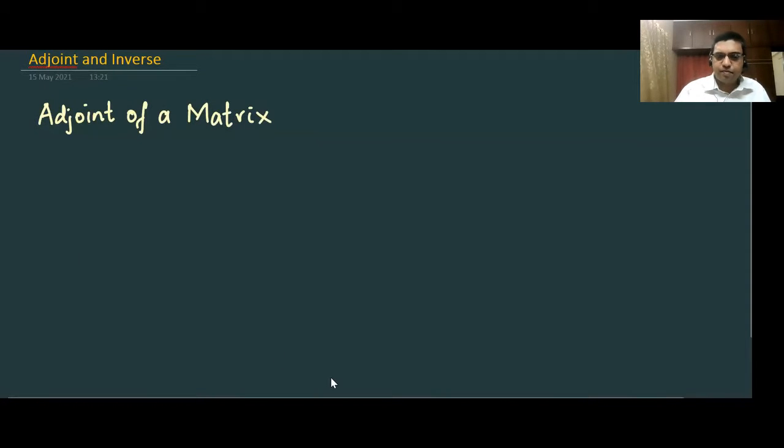Adjoint of a matrix. So adjoint of a matrix, how is it defined? It is like if A